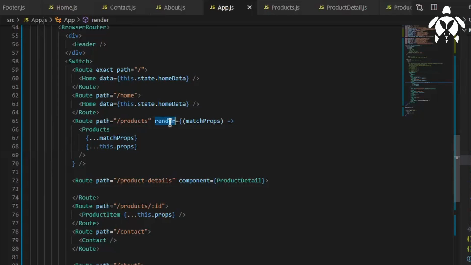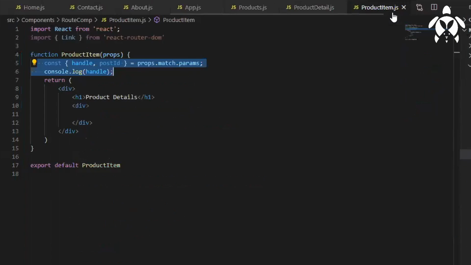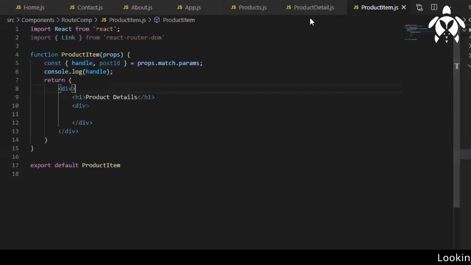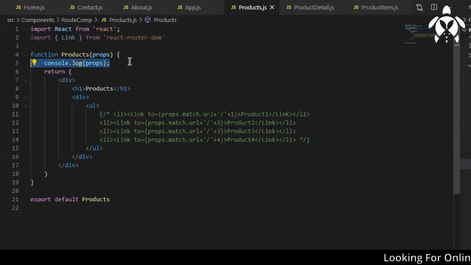Directly you're using the render method equal to whatever the response you'll be getting, that you are passing as a prop. Based on this /products, you're rendering this product component. As soon as you pass this.props, when I go to my products and access props, I'll be getting that value.